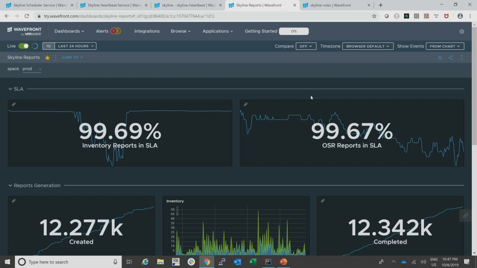And you can imagine that moving from a few hundred to a few thousand to 5,000, and for the next year really beyond, requires us, or enforces us, to be able to make decisions fast, to scale applications, and to understand where the bottleneck is. So this metric depicts the percent of customers that are in SLA, and each report has an SLA. I have to produce a new report every 12 hours for each and every customer when it comes to the inventory type report, and for the OSR reports, the findings reports, it's once every 24 hours.